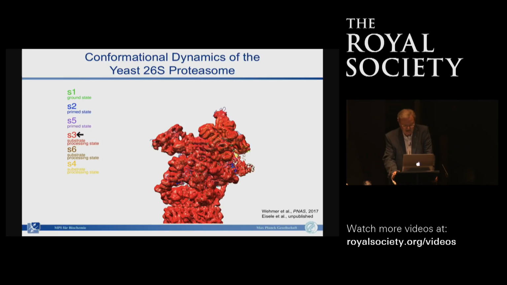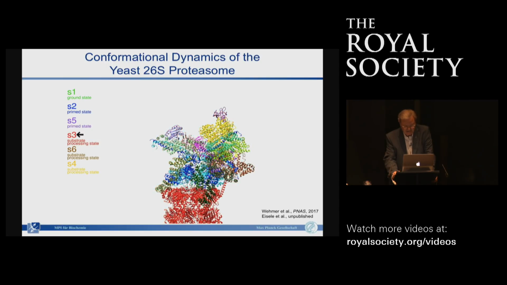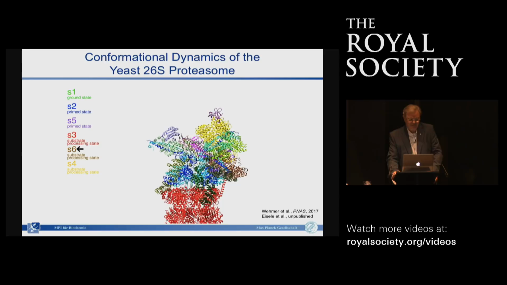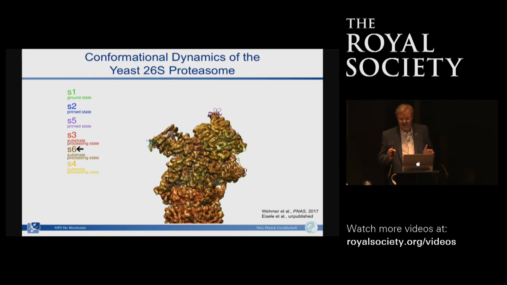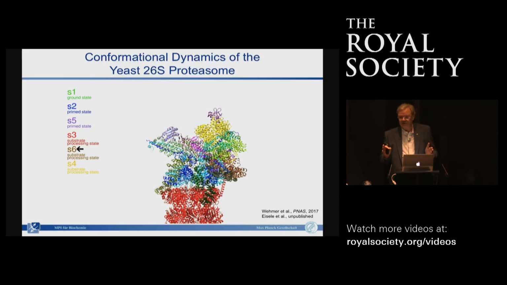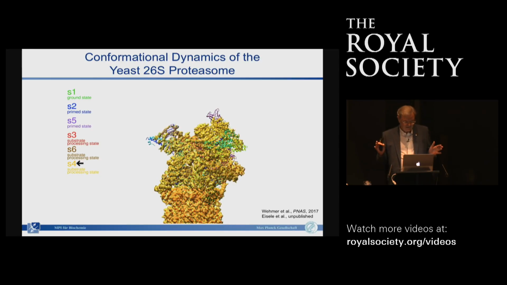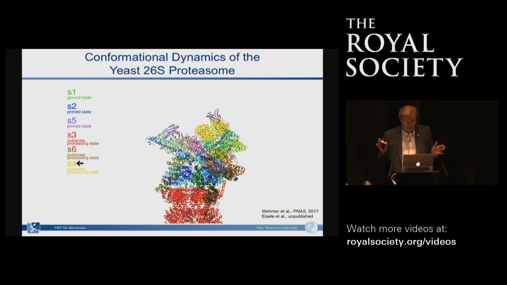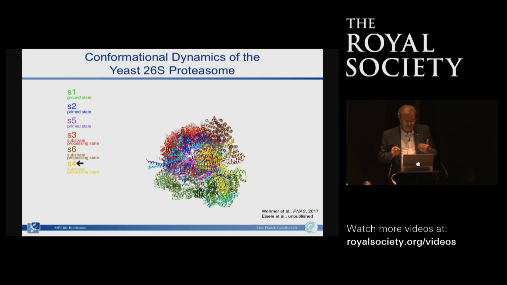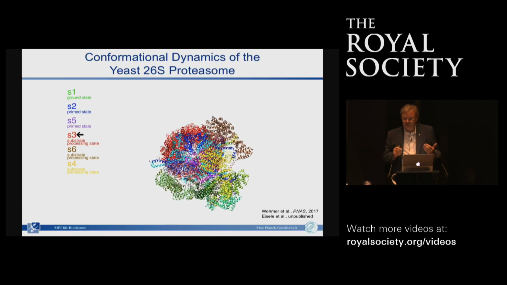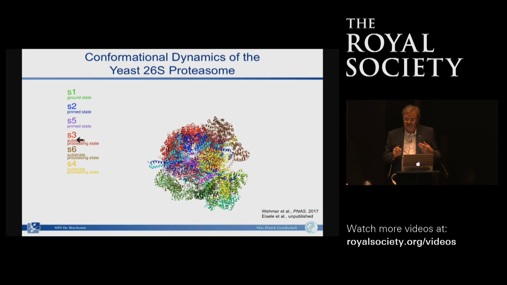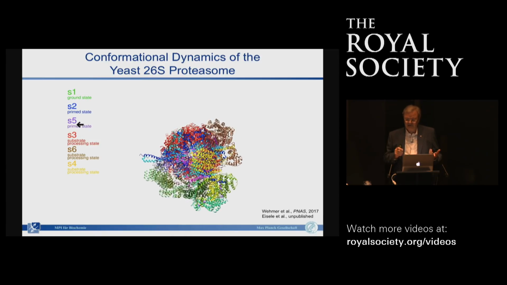I think I will be very brief. Essentially we have 3 basic states. S1 is the ground state. That is the state in which it's not transacting on substrates. It's sitting there and waiting for substrate. Then there's S2, which we call the primed state, or the commitment state. It means the proteasome is engaged with the substrate to an extent that the whole process